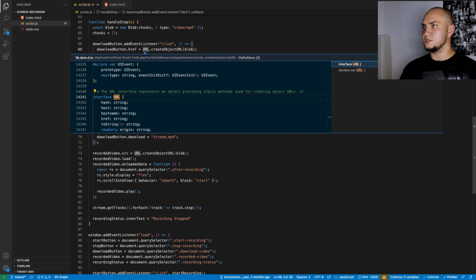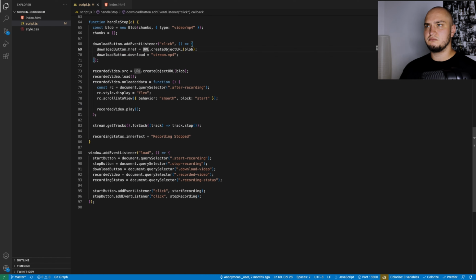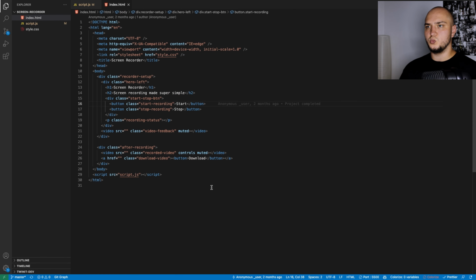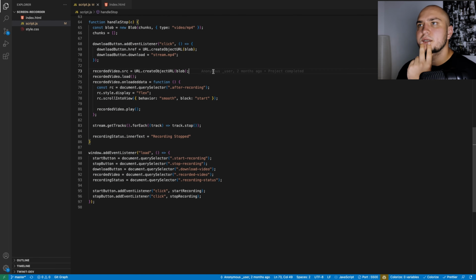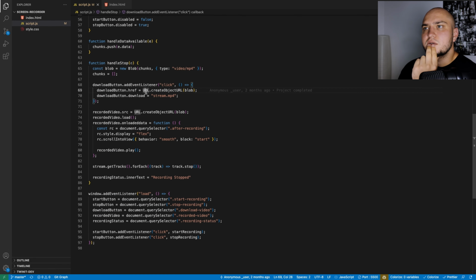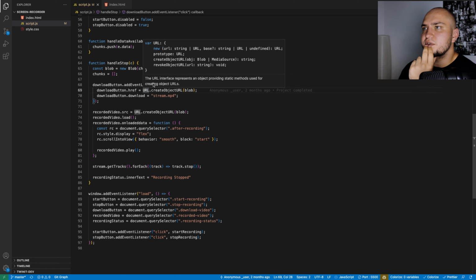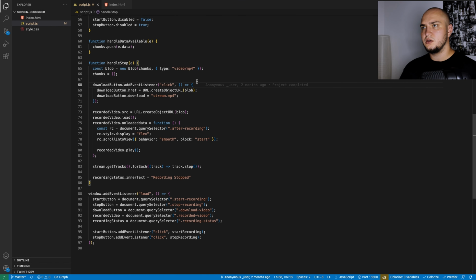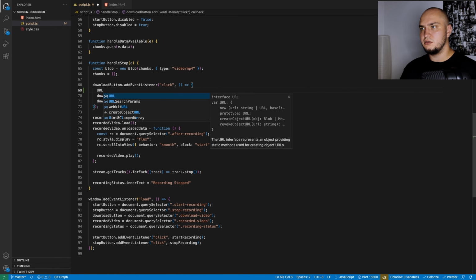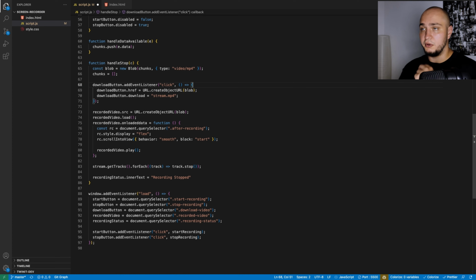It's coming from some library. No, your script is on here. What is URL? Interesting. The URL interface represents an object providing static methods used for creating object URLs. And URL, is it available everywhere? Okay, so what it does is basically create an object URL for this object blob,